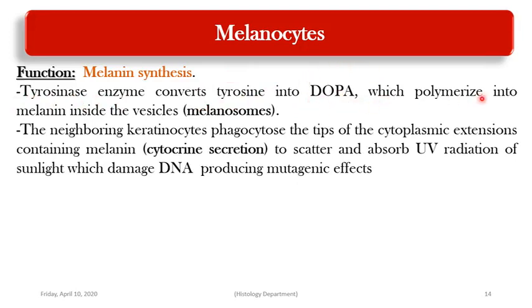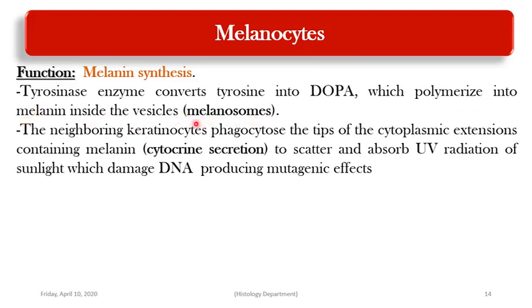Then this DOPA polymerizes into melanin and is stored inside vesicles called melanosomes. So we have the tyrosinase enzyme, which is synthesized by the rough endoplasmic reticulum and then modified by the Golgi apparatus. This enzyme converts tyrosine into DOPA, and then DOPA polymerizes to form melanin pigment inside vesicles called